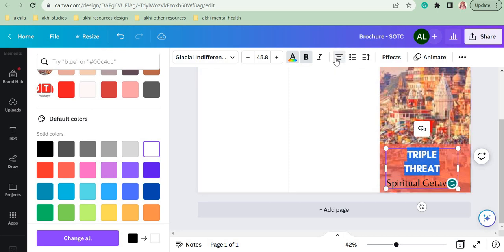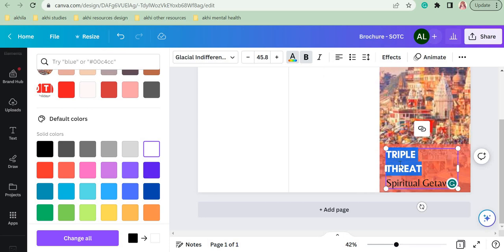First it was in the center like this. It was properly in the center of the text box. You can see these lines are also in the center. This is called your center alignment. Now if I click on this button, you see what happened to this symbol? All the lines are starting from the left side. Here also you can see both of these words are starting from the left side. It is not in the center, but it is starting from the left side. So this is called your left alignment.